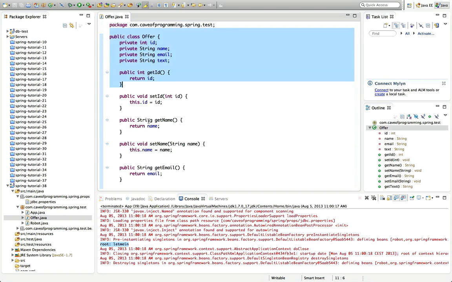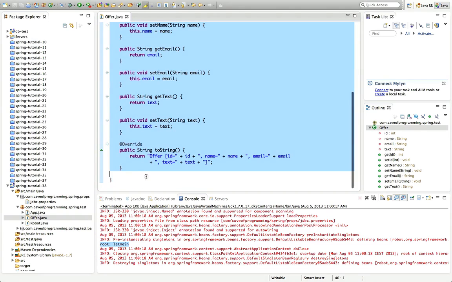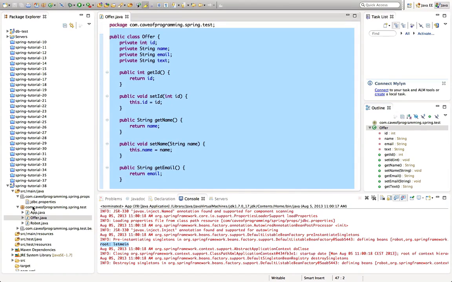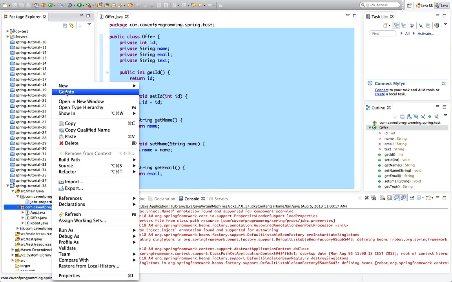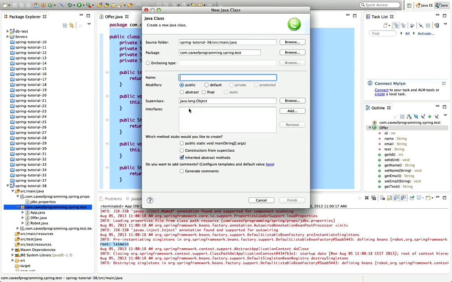So each of these objects will contain one row from my offers table. Now I'm also going to create a class that enables me to deal with these objects and get them in and out of the database. So I'm going to right click here and go to new class, and I'm going to call this OffersDAO. Click finish,